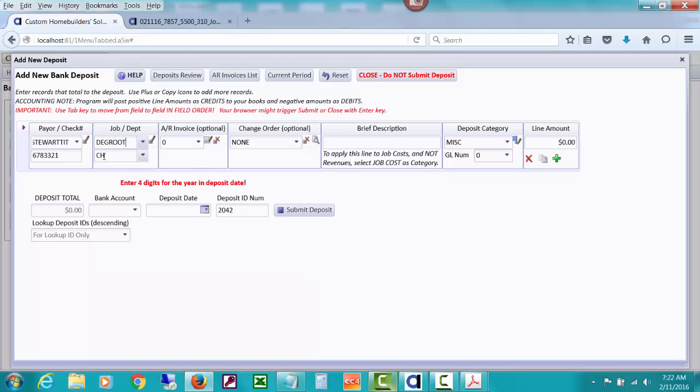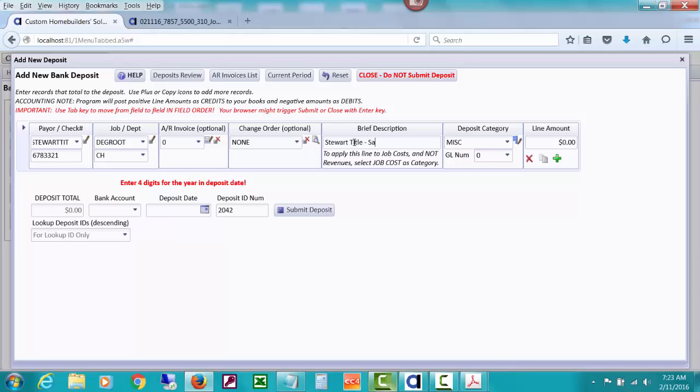We are going to be doing it for the job to group, so we'll use that. And notice how CHS looks to see what department is attached to that job and drops it in for you, which helps keep your department trial balances, etc. in check. We do not care about accounts receivable or change order for this big closing entry. So the first line I'm going to do